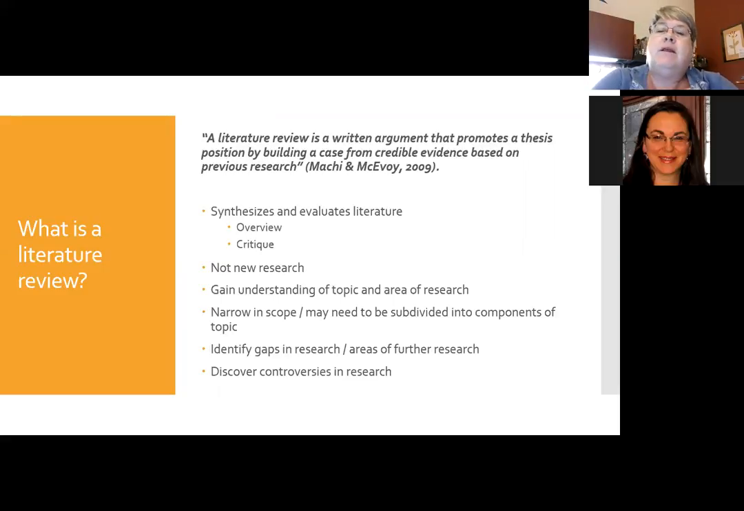Now, that doesn't mean that it might not be part of a research project where you will be developing your own research. But to begin with, you're not creating new research for a literature review. It helps you to better understand your topic and know more about it, especially in the earlier stages. What you are doing is looking for literature that will help you know about your topic